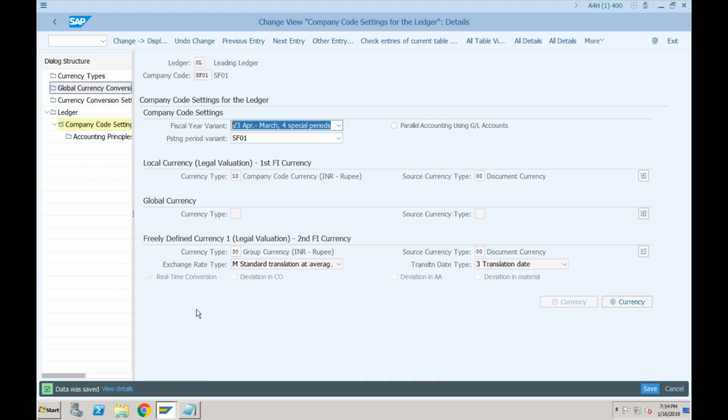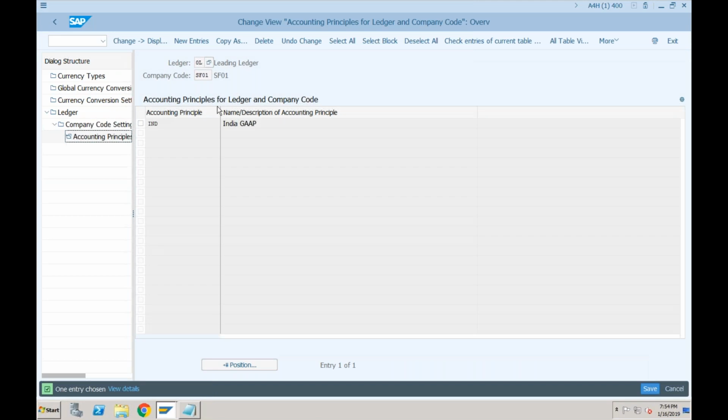Okay, so any question till now? And last thing I'd shown you accounting principles. So which means if you are creating your ledger, you have to specify which accounting principle this ledger represents. So what we are telling the system is 0L means India GAAP, IF means IFRS. Okay, so if I want to know the IFRS reporting, system will know that if you are looking for IFRS reporting, you should go for ledger IF, and if you are using it for India GAAP reporting, you should go to ledger 0L. Okay, that is just for the representation purpose.